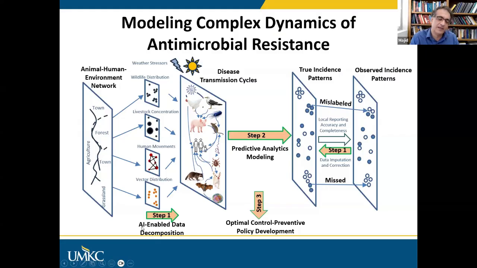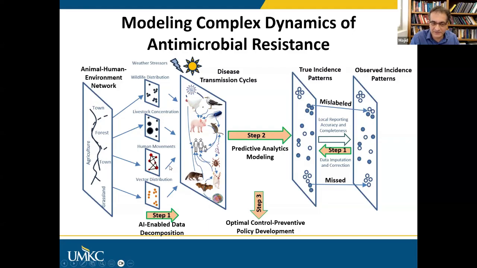So that's why I put the term AI enabled, not AI driven data decomposition. There are multiple types of data that can be decomposed. The data that I showed is just one of the many data that we have available. So we have wildlife distribution data, livestock, human movement, vector distribution, and so on. Once we get this data, we can use it to better understand the disease transmission cycles